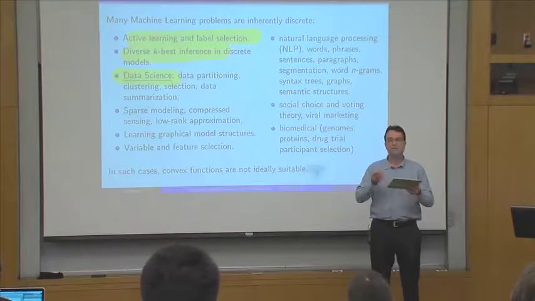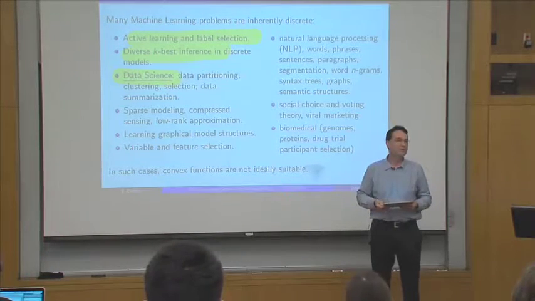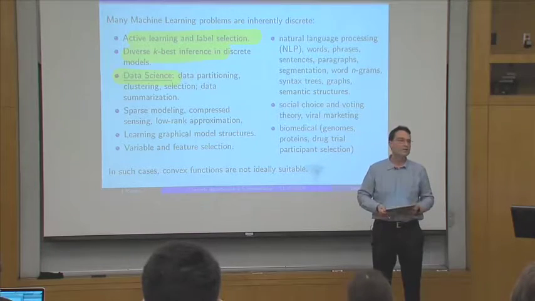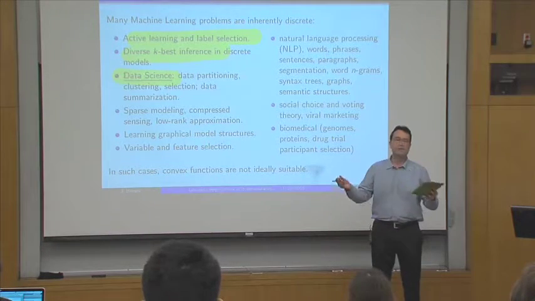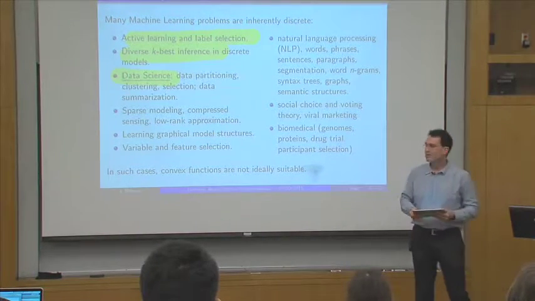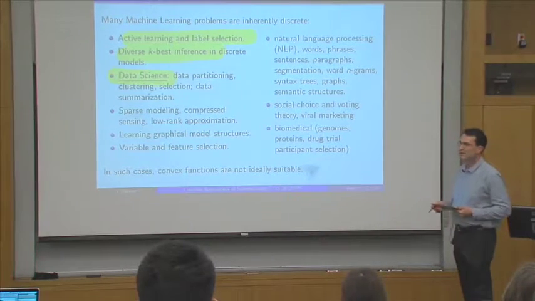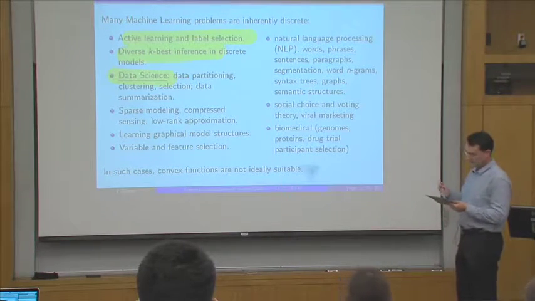And the question is, how do you sub-select data that's representative of the whole, or how do you partition data so that it naturally applies to a parallel machine? All of those sorts of things really aren't well addressed by convexity. Not to mention